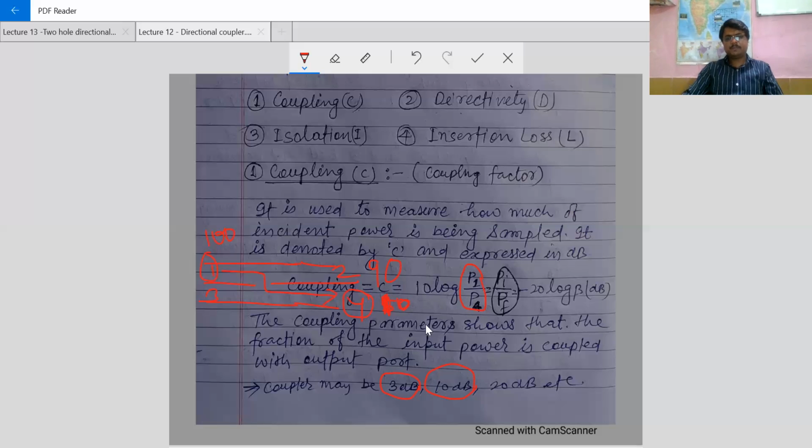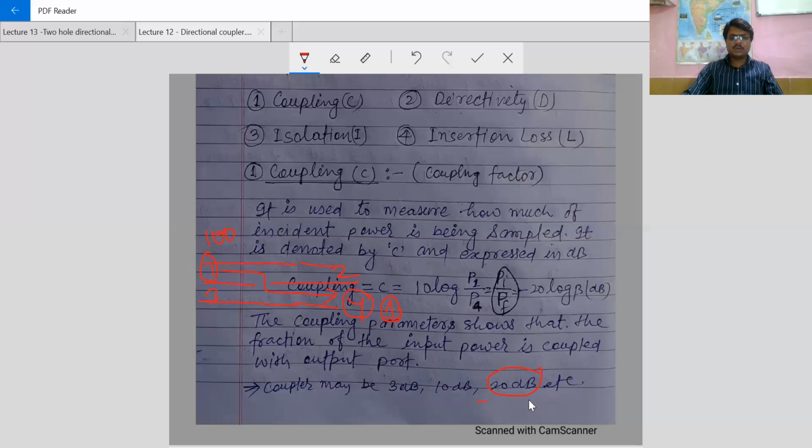Again, what is a 20 dB coupler? A 20 dB coupler means only 1% of the power is coupled to port 4. If 100 watt is given to port 1, only 1 watt, meaning only 1% of the power, will be coupled at port 4. So what will be the ratio? 100 upon 1, so this is 100. Log 100 means 2, and multiplied by 10,